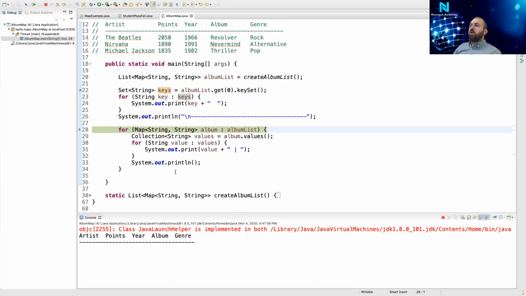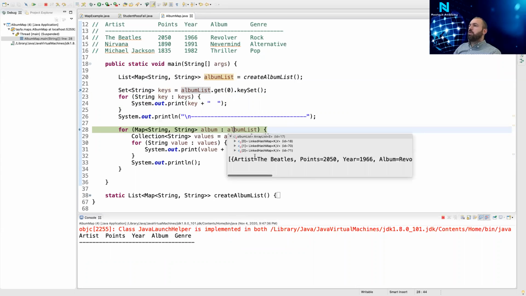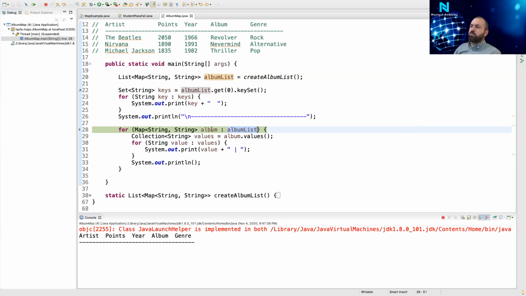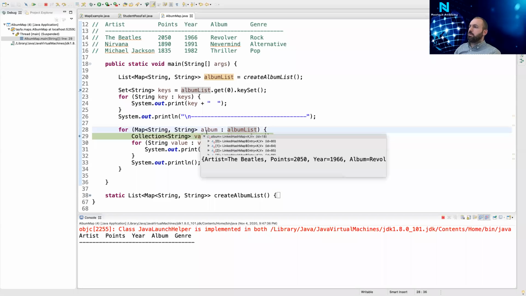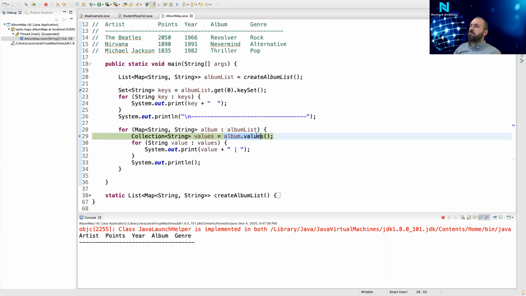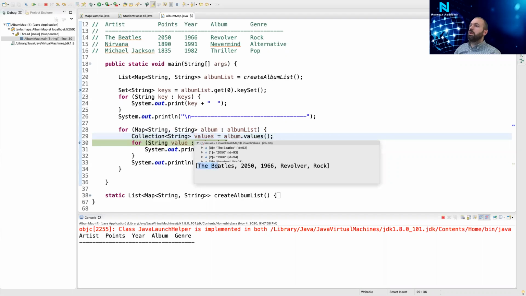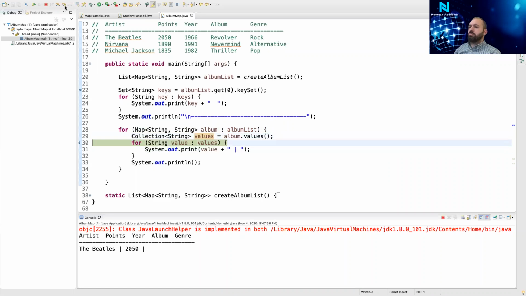So now I want to print from this album list. I want to print the information, right? So I'm gonna say here, from the list of albums, I'll get one album. In this case, it is the first one, Beatles, this many points, this year, this album, and this genre, right? Since I only want to print the information there, only the values, what I do here, I got the values from the album. And then if I see what is inside the values, I will see only the information that I have, right? So now get the first one, print it, get the second one, print it, get the third one, print it,